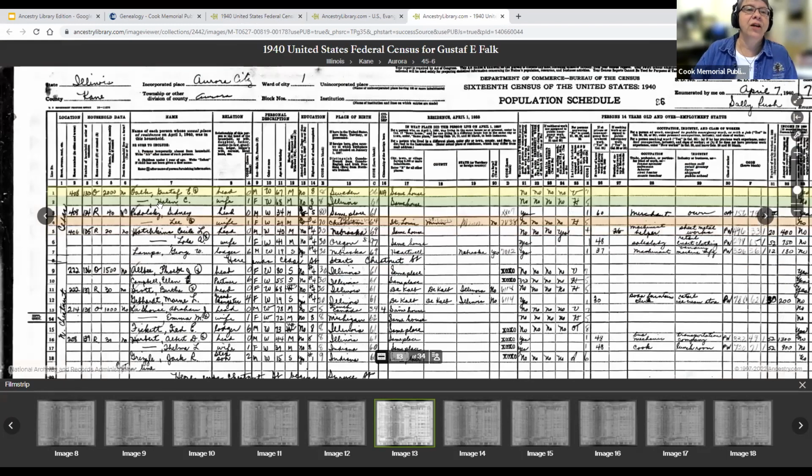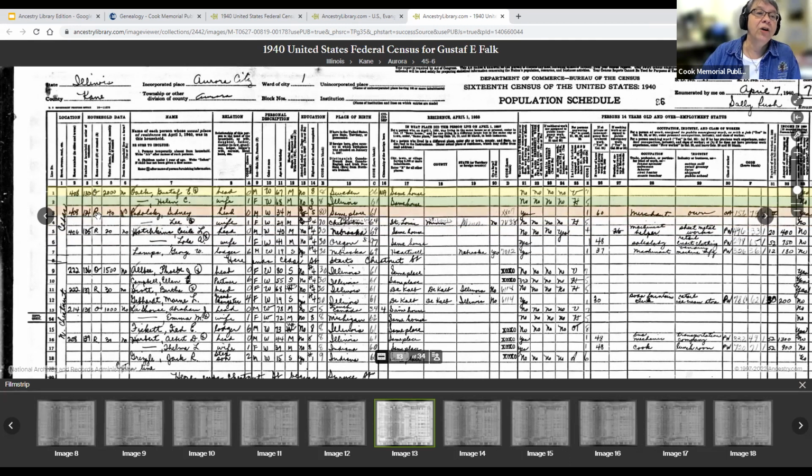Okay, here he is, Mr. Gustav Falk, married to Helen in the 1940 census. It's a good idea to take a look at every piece of information, which I'm going to force you to do here. On the first column here is the name of the street that he lived on, Cedar, and he has an address, 408. Now Helen and Gustav are at 408. The next person down here is also at 408, but you'll notice that this O means that Eric Gustav owns his